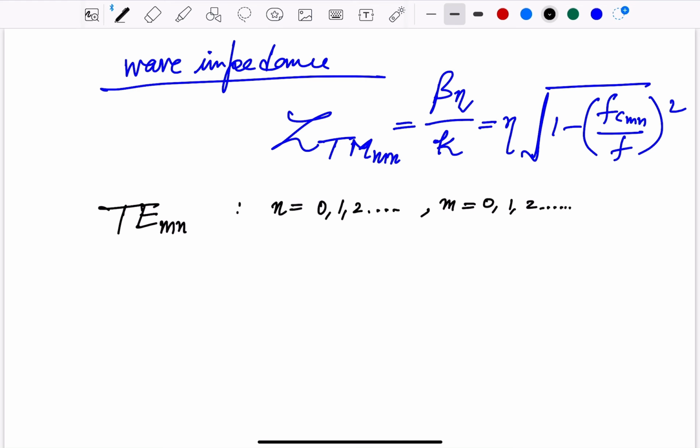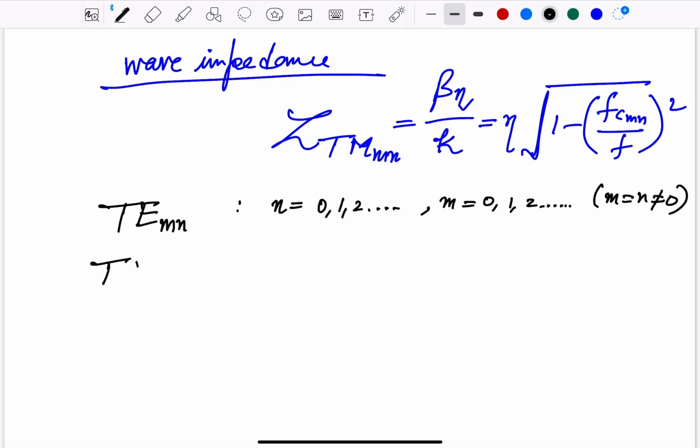Fine. And definitely m and n are not both equal to 0. For the TMmn case, n is 1, 2, 3, and m is 1, 2, 3,